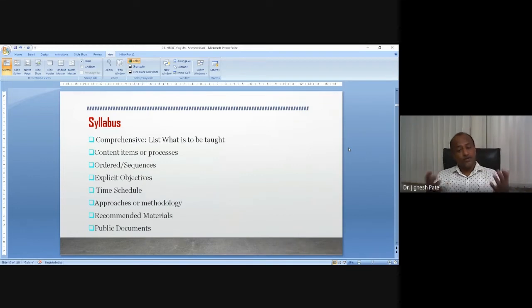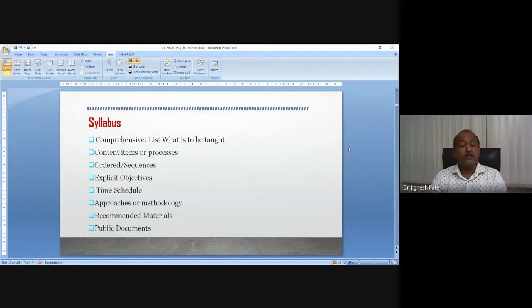A syllabus should be a comprehensive list of what is to be taught. Then content items and process are given. How the syllabus will be delivered, that is the process. Then the order, or we can say the sequence: unit 1, unit 2, unit 3. That should be in a horizontal way and discussed in a logical manner. Then objectives of the syllabus, time schedule should be there, approaches and methodologies to deliver this content or